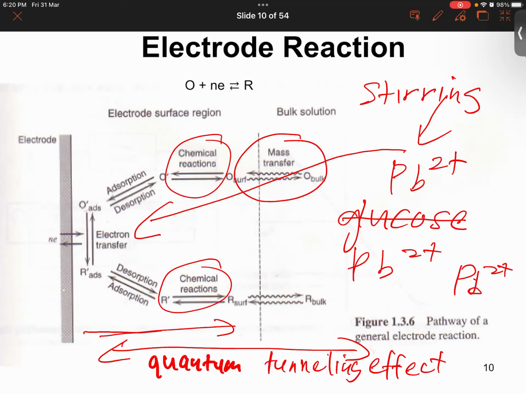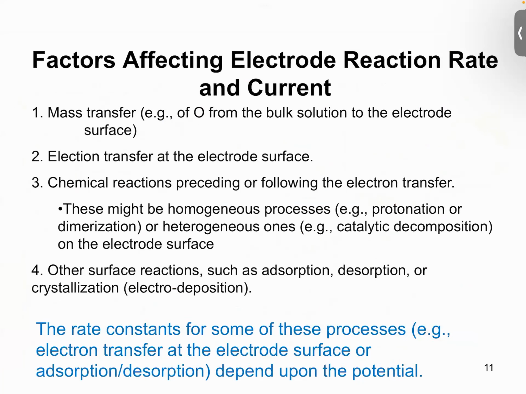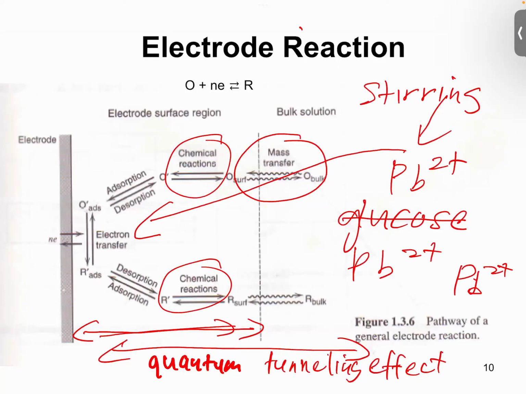So there is a certain gap that you have to make sure the analyte is close to the electrode. Okay, so there are a few things when we do a chemical reaction in the electrochemical system. One we have to think about is mass transfer. So if you have a very viscous sample, then it's not going to work. Okay, you have to dissolve it, you have to dilute it in certain